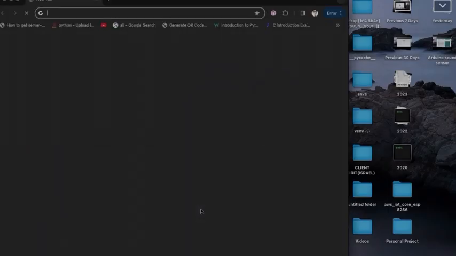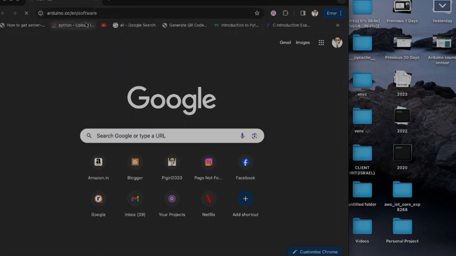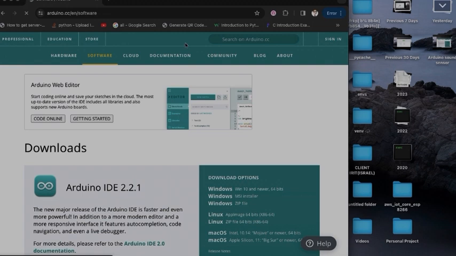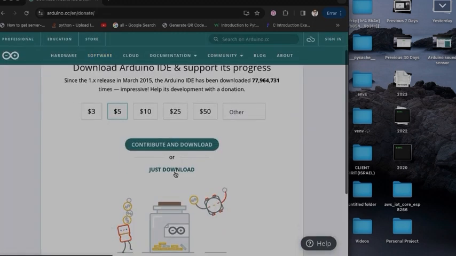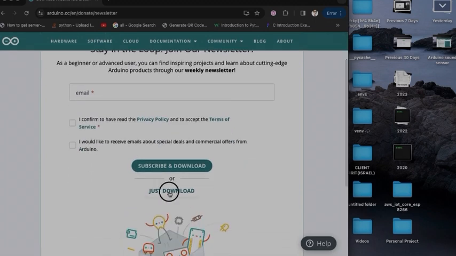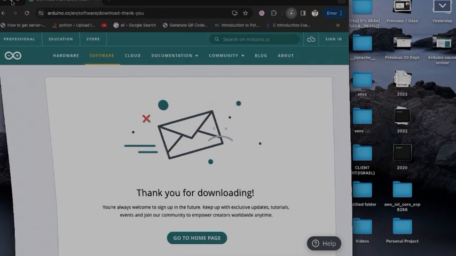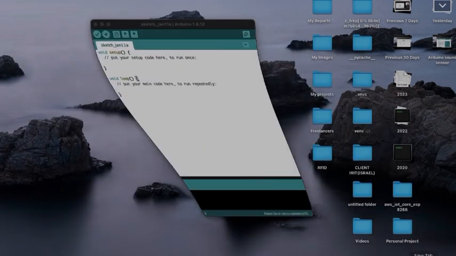After this, it's time for us to upload the code by installing Arduino IDE. So before that, we will install this Arduino IDE by clicking on Arduino software. So here you can see there is a downloading option for multiple OS. You can select the preferred OS and click on just download. So right after a few seconds, you will download your IDE and it's time for you to open a new file